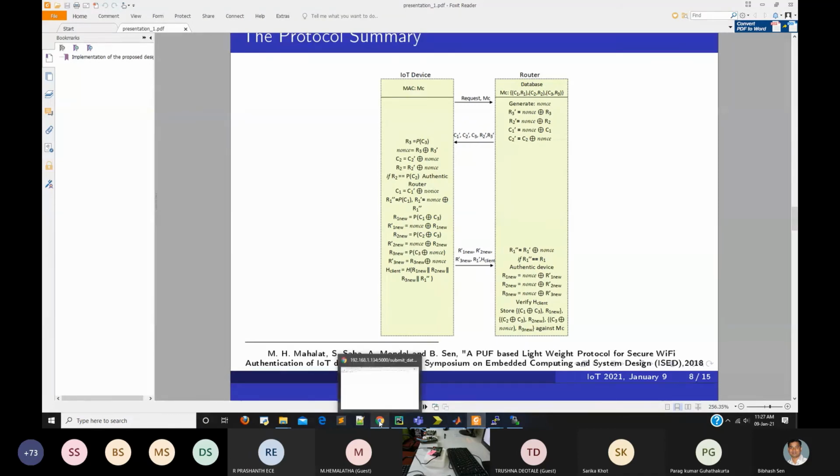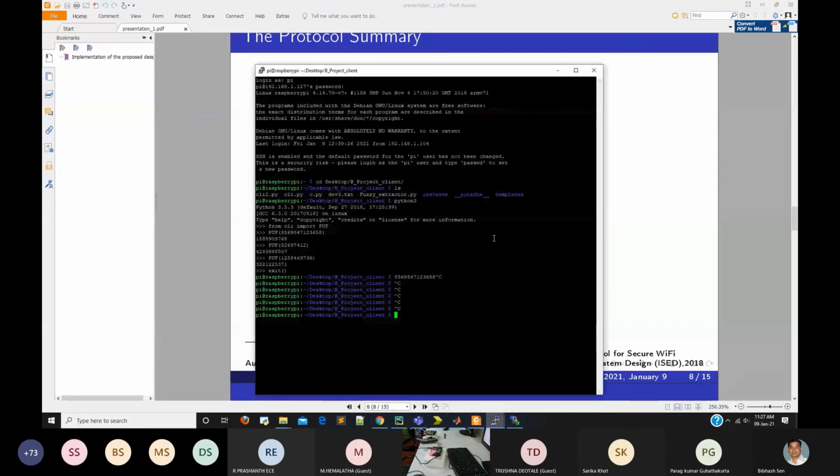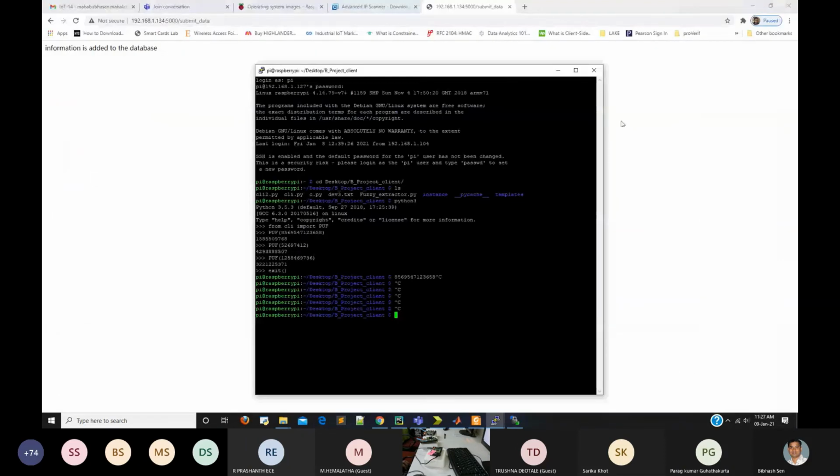I will just run the client so you can get to know the client. Okay, one thing: to run the client, before that I have to check which port of the client the PUF FPGA board is connected to.